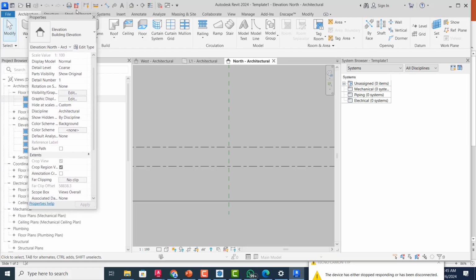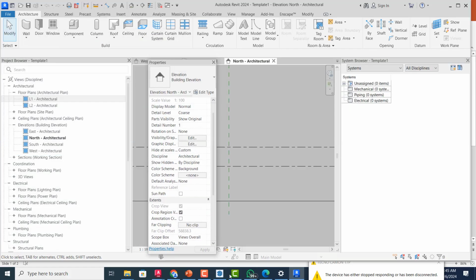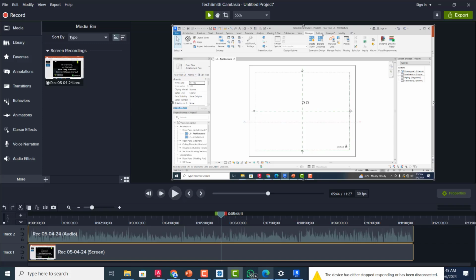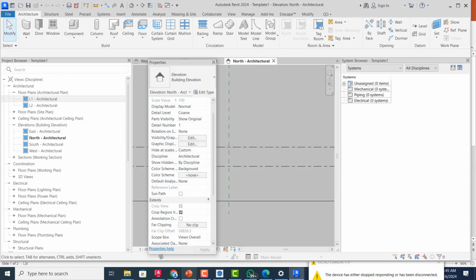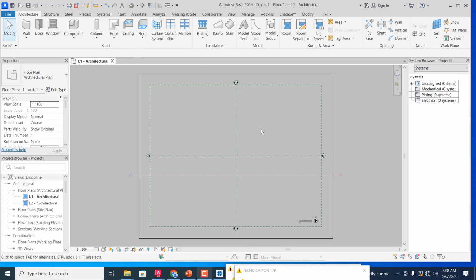But I want it to be... and there are cases whereby this project browser and the properties may not be here, or you most likely closed